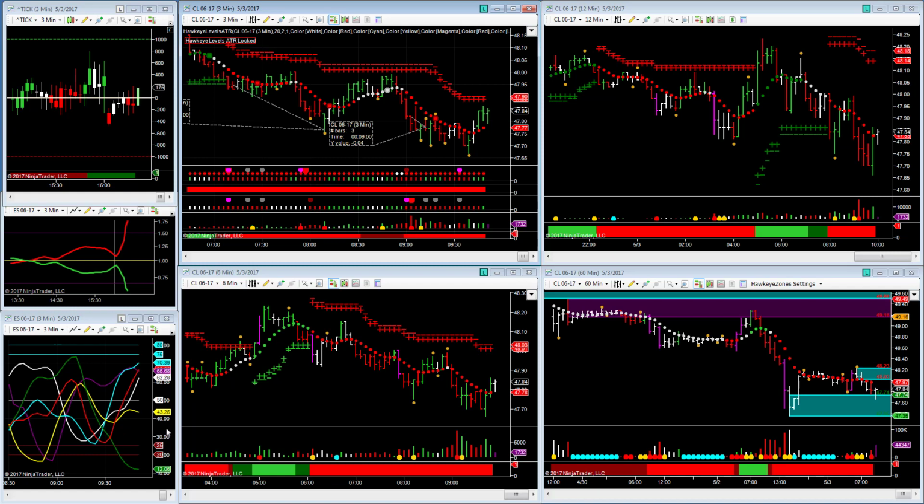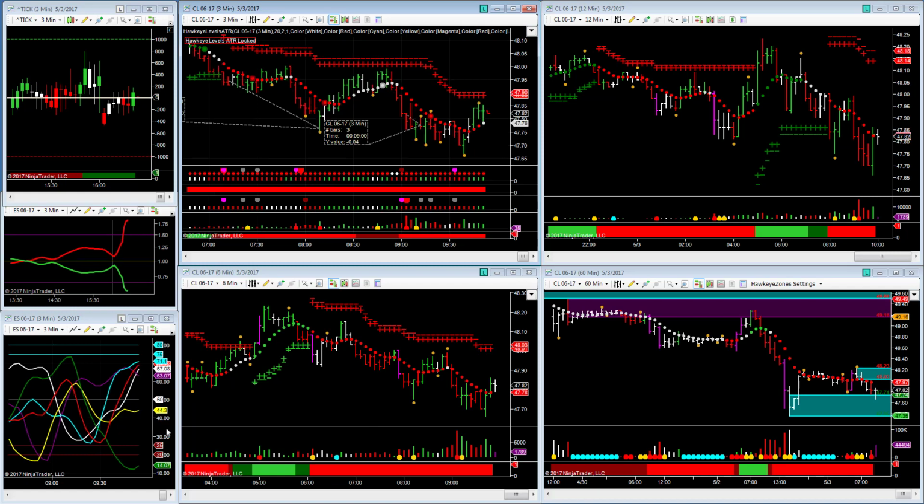So Hawkeye volume, as I'd said before, is still the key for what we're doing and how we're applying our analysis and our trades to these markets. We were looking at shorter term time frame crude oil market. Hawkeye is not limited to any market for that matter, but we can apply these exact same methods, entry rules, exit rules, trade management to any of the other markets and to any other time frame as well.